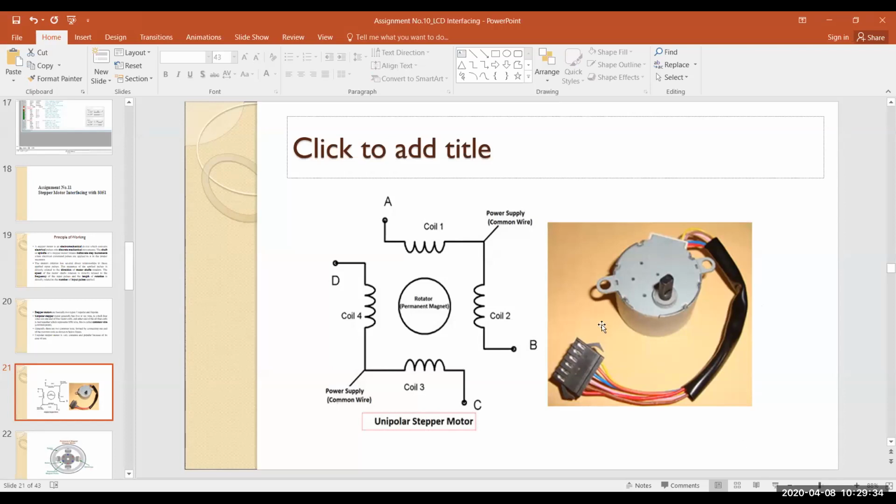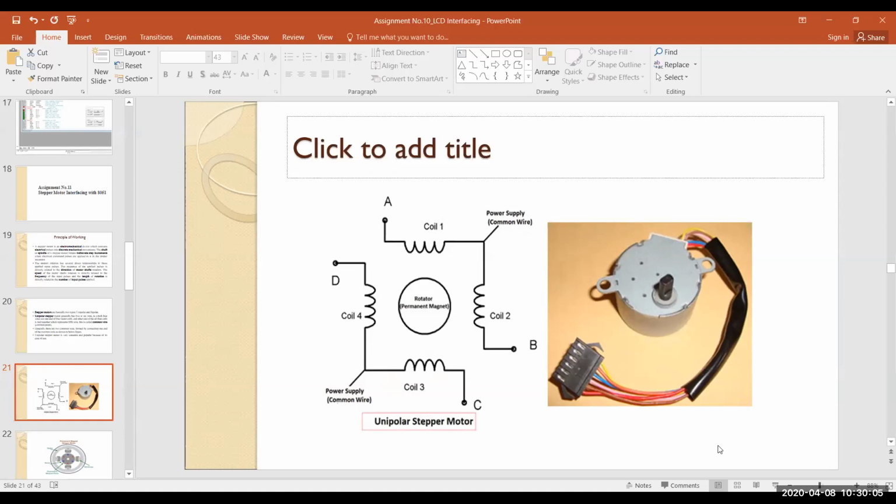Are you able to see the motor on the screen? This motor has pins with it. These pins are not directly connected with our 8051. In between, there are drivers which are used for this stepper motor. So we connect this stepper motor with the driver kit, and then that driver is connected with our 8051.